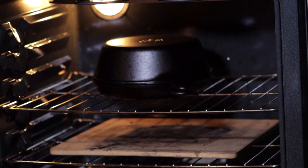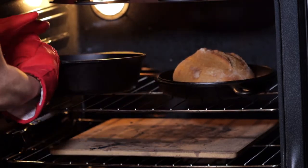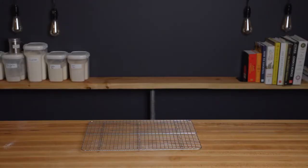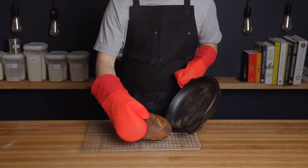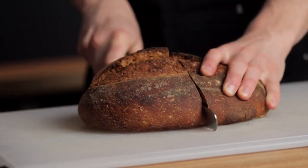After 20 minutes, remove the lid from your Dutch oven, and hopefully your loaf has risen nicely by this point. So now just reduce your oven temperature to 450 degrees Fahrenheit, which is about 230 degrees Celsius, and allow the loaf to bake for another 15 minutes or until the desired level of browning is achieved. As always, you'll want to wait until the loaf has completely cooled before cutting into it to allow the inside to finish cooking. When you do cut into it, you should be left with a beautifully tender and relatively open